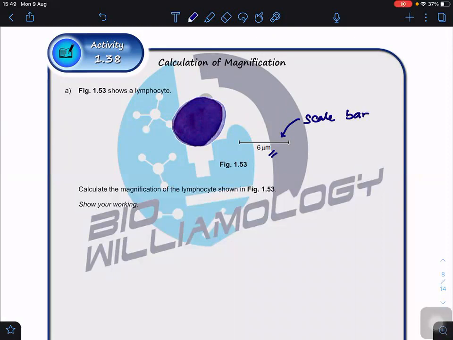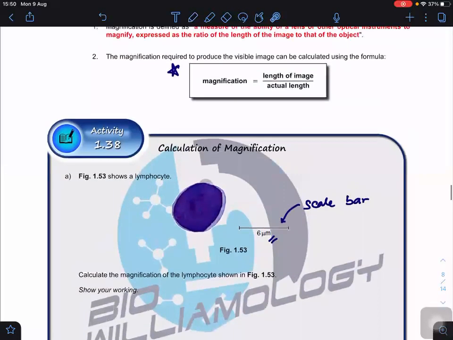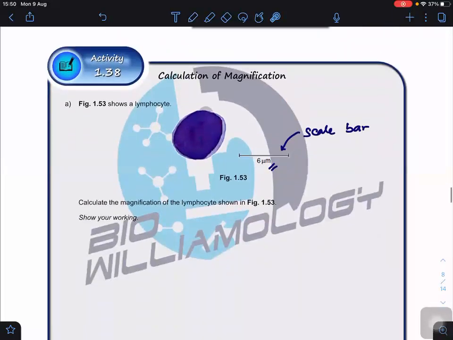So in order to answer this kind of question in your paper 2, paper 3, even paper 4, paper 5, always remember, we do not need to measure the cells because the cells won't give me any detail of the length. If I measure here, what's the actual length? Because magnification is the length of the image divided by the actual length. So instead of using the cells, I can use the scale bar. The scale bar basically is the image, and the actual length is already given as 6 micrometer. So first step,